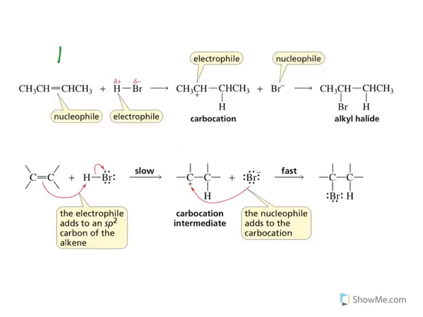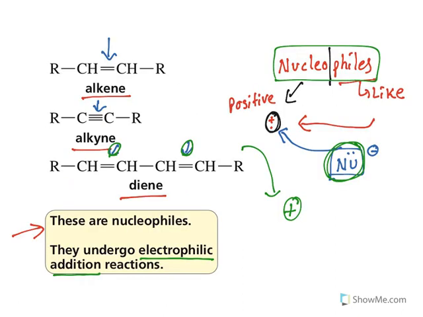Let us take the example of an alkene. The alkene is a nucleophile because of this double bonded electrons, the pi electrons. Imagine it is reacting with a hydrogen halide, hydrogen bromide. See, bromine has more electronegativity, so the electrons are pulled towards bromine and hydrogen will have a positive charge. When it is positive, it is known as an electrophile because it is going towards electrons. So this electrophile will go and add here. Because the reaction is started with an electrophile, it is called an electrophilic addition reaction. Don't get confused, understand the concept. All the double bonded ones are known as nucleophilic species. They are nucleophiles. They like positive charge.